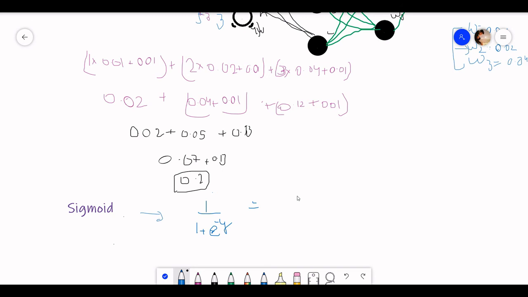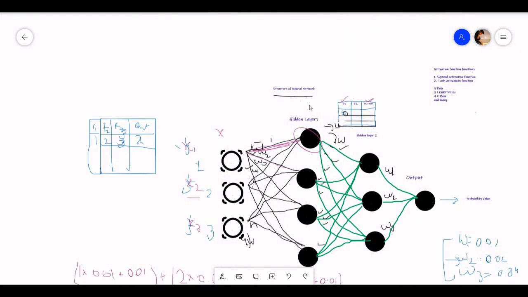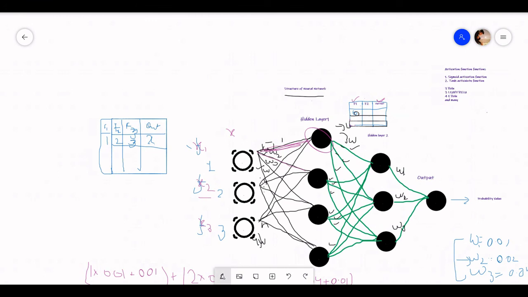So it will become 1 upon 1 plus e to the power minus 0.2. Now we have to see the value of e to the power minus 0.2. Let's suppose the value becomes 0.6. Then we can say that this neuron has a value of 0.6.